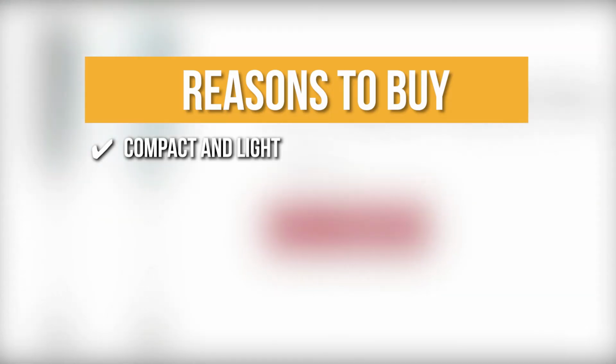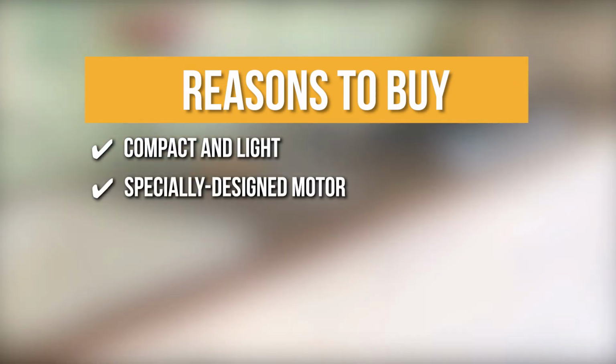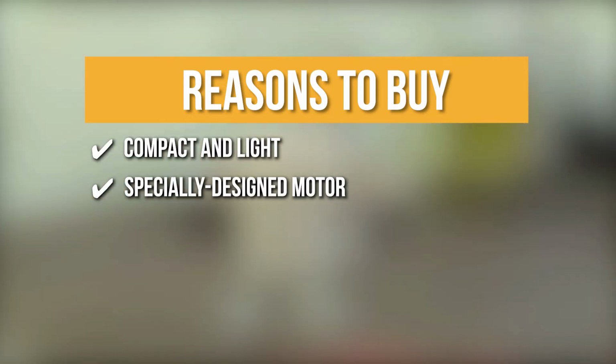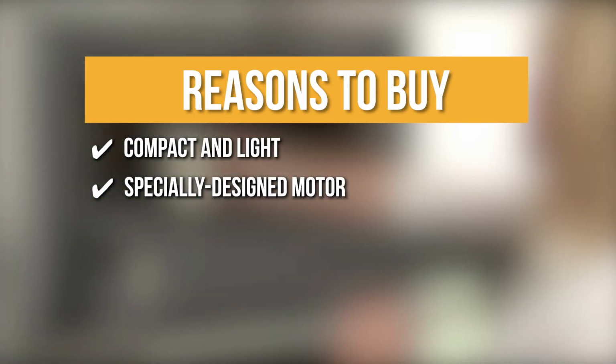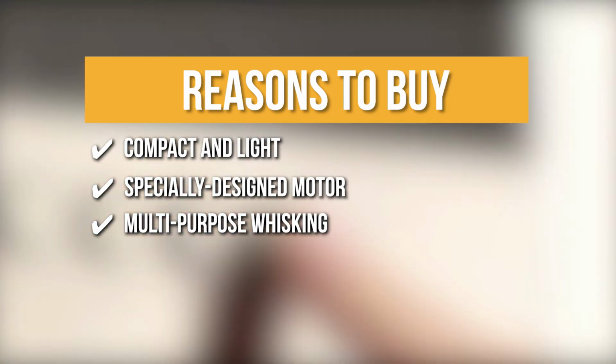Thanks to its compact design, you can take this frother anywhere, so you can have a great frothy milk no matter where you are. Specially designed motor. Inside is a motor that operates at a dry rotation speed and torque that's specific to the function of foaming milk. Multi-purpose whisking. Although designed for whisking milk, this frother can also be used to prepare foods such as sauces,